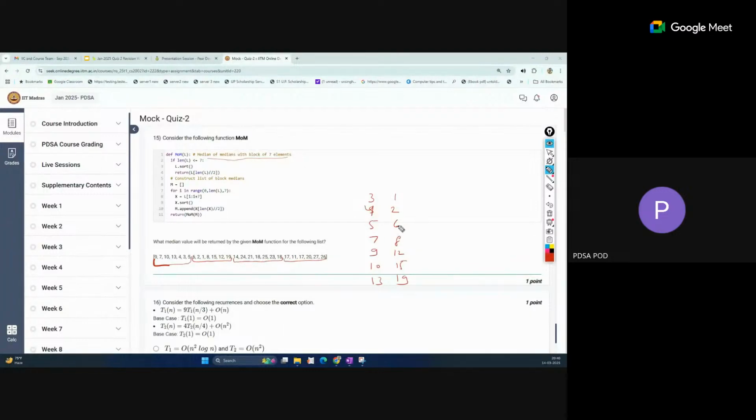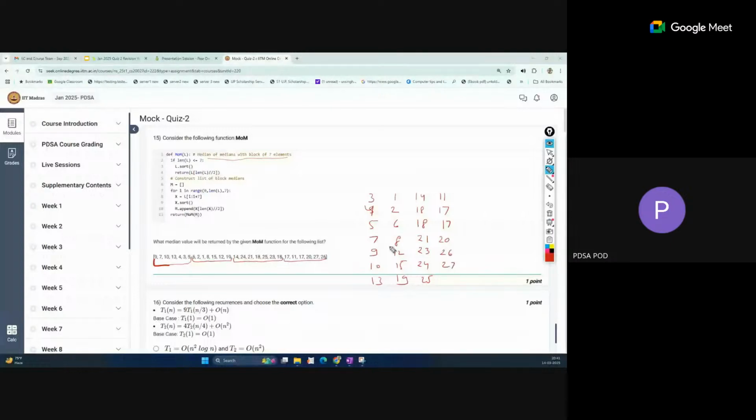And next is, so which one is this? 14, 2, 10, 18, 21, 24, 23, 25. And next we have only 6, so we will make 6. So 11, and then 17. Okay, and then 20, 26,